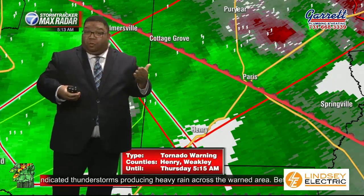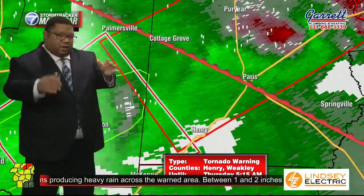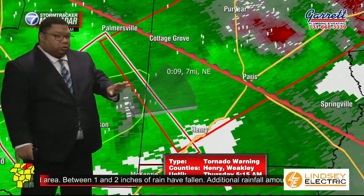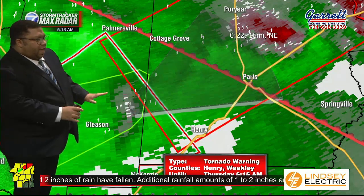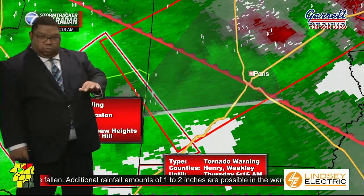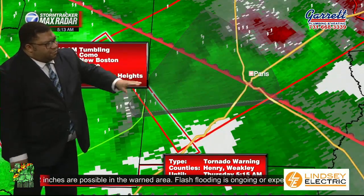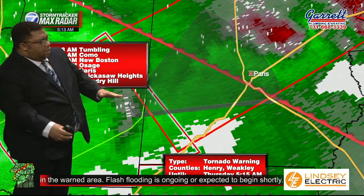So what we're looking at is more than likely a mesocyclone rather than a wall cloud or even a tornado on the ground. We can't tell the difference, and we haven't had much ground truth reports other than the tree on the house on Old Dyersburg Road, I believe it was. We do have some weak rotation now, just to the, we'll say,